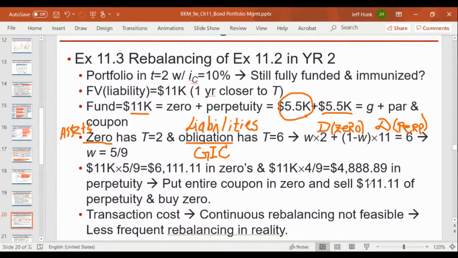But think about it. You already have 50% in 5,000 in zeros and 5,000 in perpetuity. So how would you rebalance it like this? There's only one thing you can do. You sell. This must happen first. It says you sell